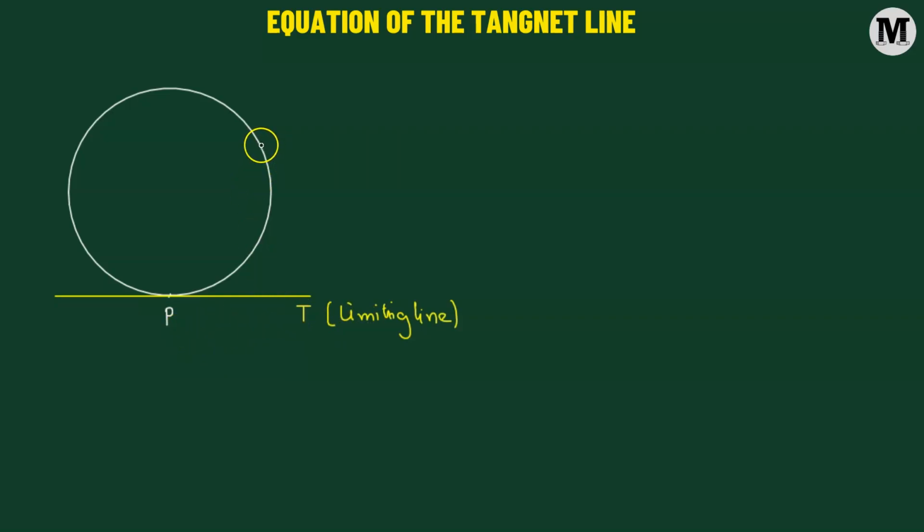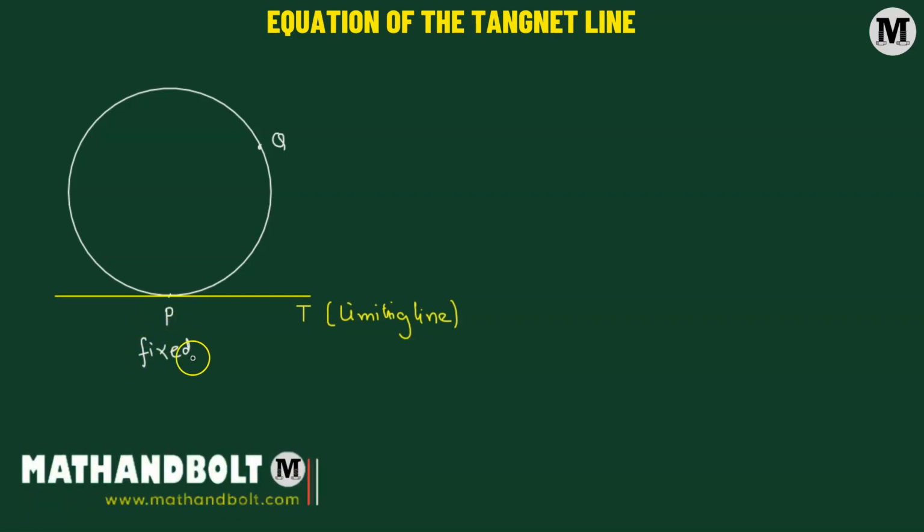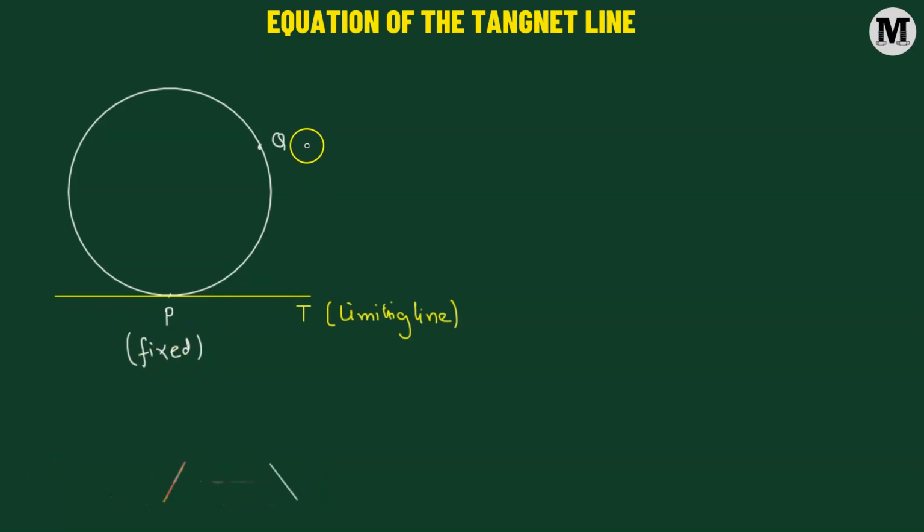So let us consider another point Q that lies on the same circle. Here we'll make an assumption that this point P, for the time being, we're going to keep fixed. So this is a fixed point P, whereas Q is going to be a moving point. Now we'll draw a line which passes through the points P and Q. So we have the line which passes through P and Q, and this line PQ is referred to